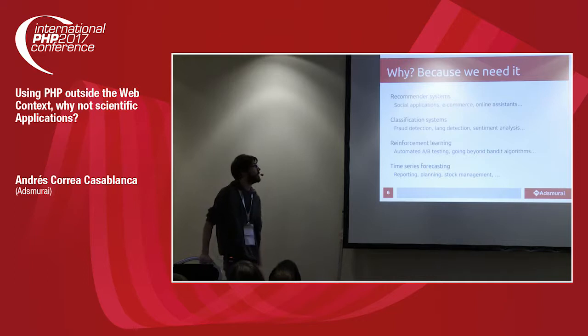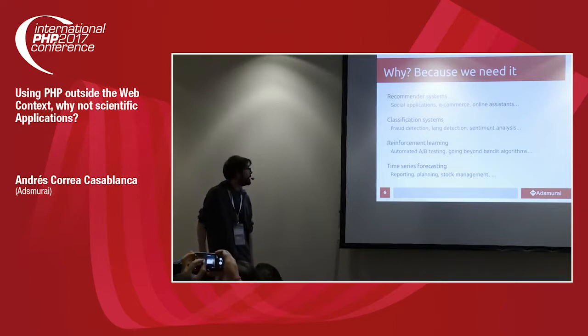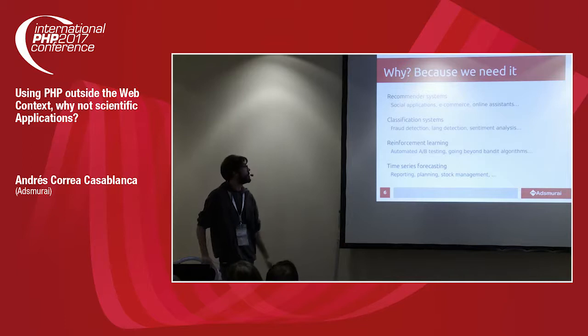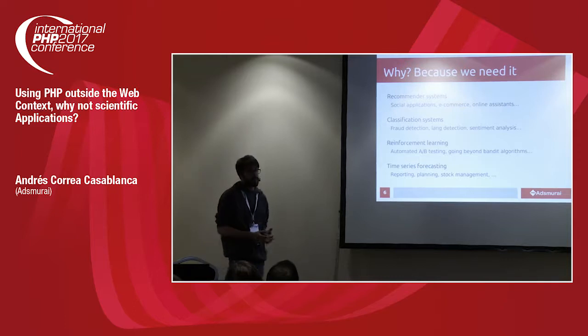There are a lot of things that we can do with many scientific computational libraries. We can implement recommender systems, classification systems. We can do reinforcement learning, time series forecasting, or even natural language processing, or many other things that have business value. Recommender systems are very valuable for e-commerce, social applications, online assistants. We can implement fraud detection, language detection, sentiment analysis. We can perform automated A/B testing, or even